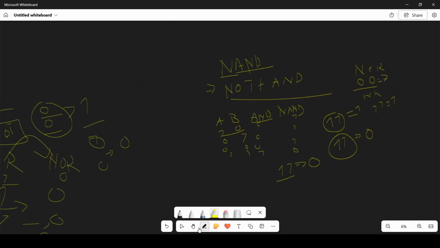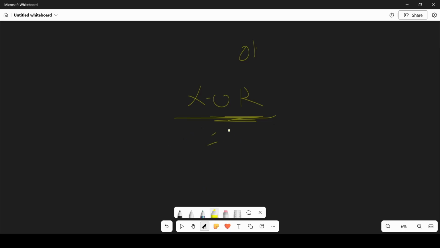I hope you understand this condition. Now let's move on to our other gate, that is XOR. Don't get confused with the combination of the OR gate. Sorry, the XOR gate tells us that it will give us the value true